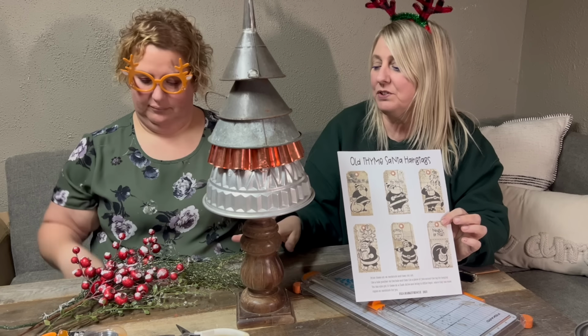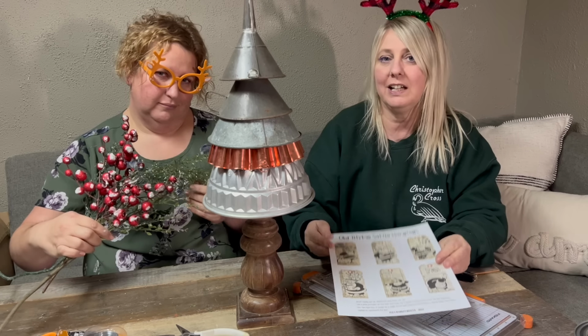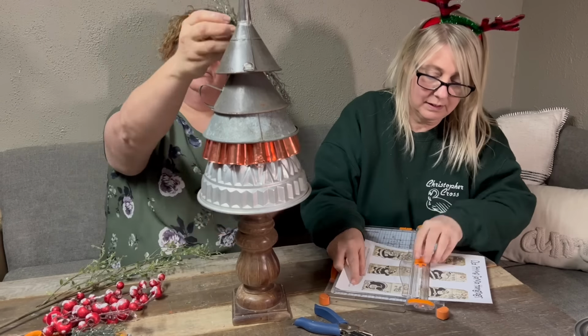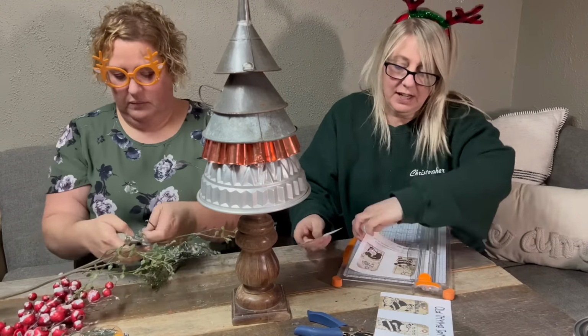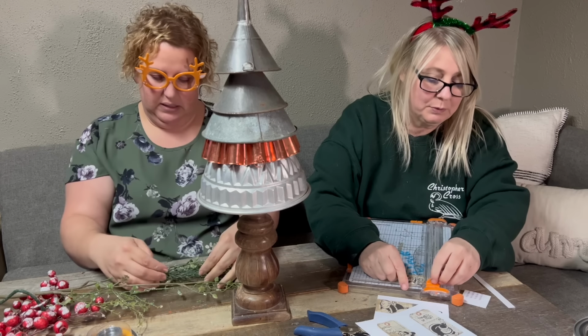And then Jenny also is going to add a little greenery to it, maybe some berries, just to give it more of that holiday spirit. Of course. Yeah. You know I can do that. So as I'm cutting out the tags on the shirt cut, Jenny's picking out a few pieces of greenery that we're going to use on the tree. She's absolutely perfect